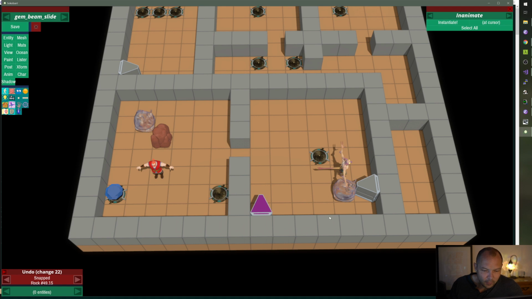I forget how I get the crystal off there, but I did it before, I think. So, oh yeah, we had an extra stone in there that was like dead stone. So you do this, and